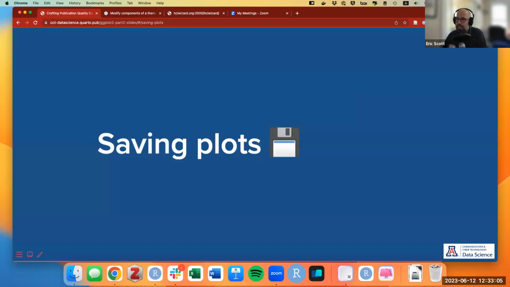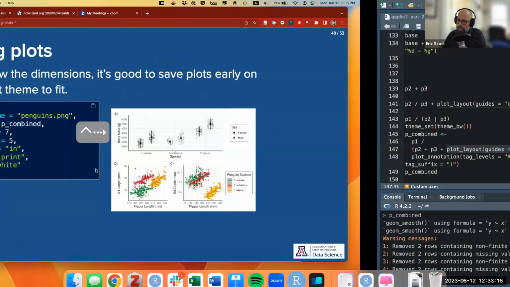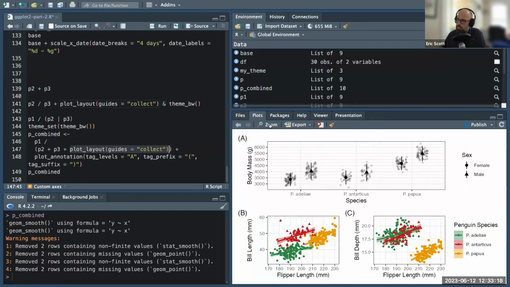Saving plots. So built into ggplot2, there's the ggsave function, which does not get used often enough. So, there's kind of two approaches to making a figure in terms of sizing it. So the problem with